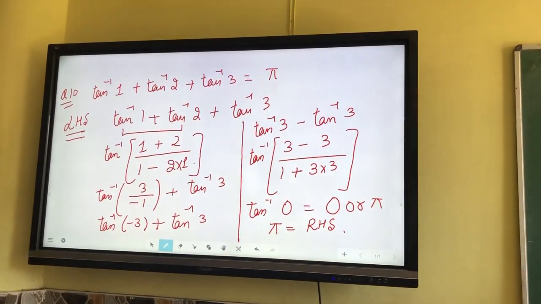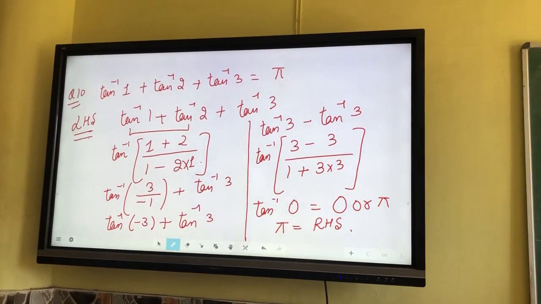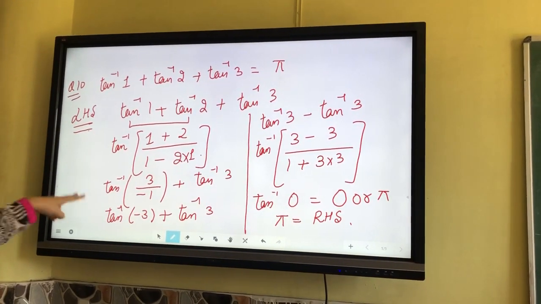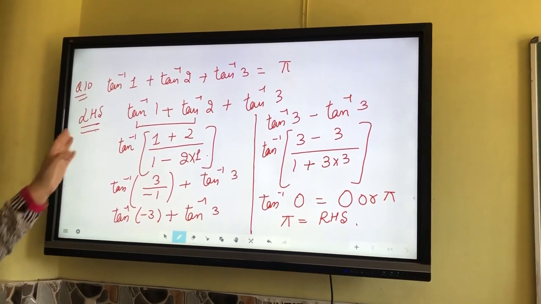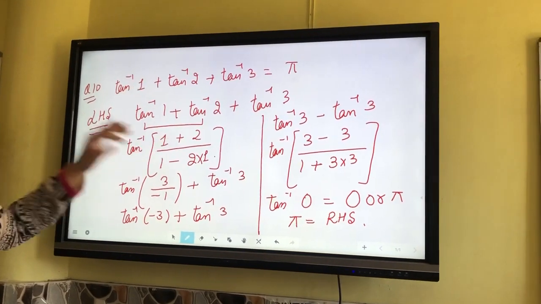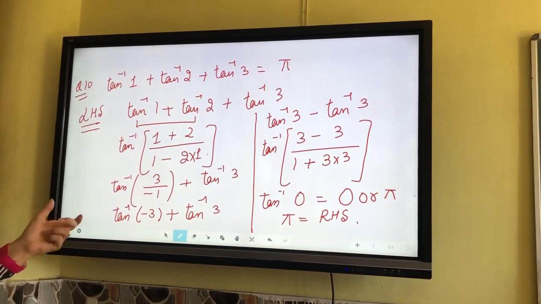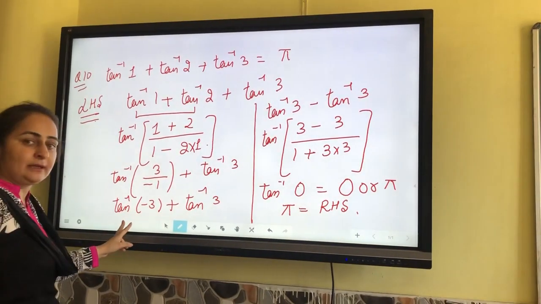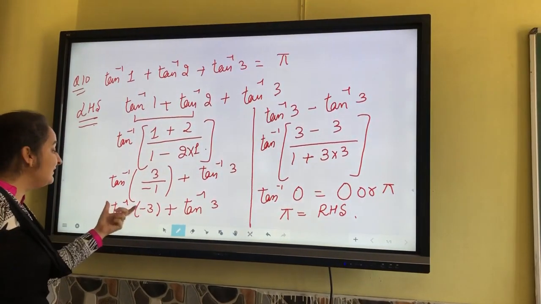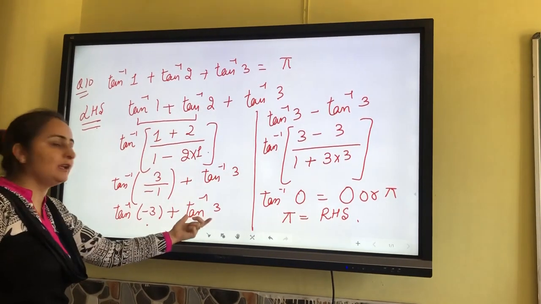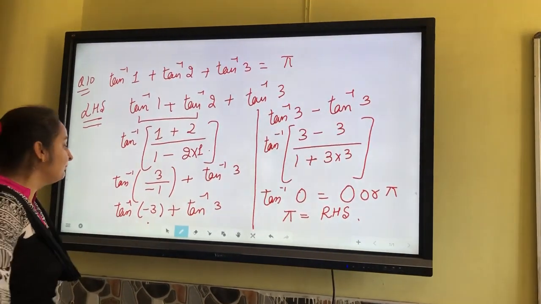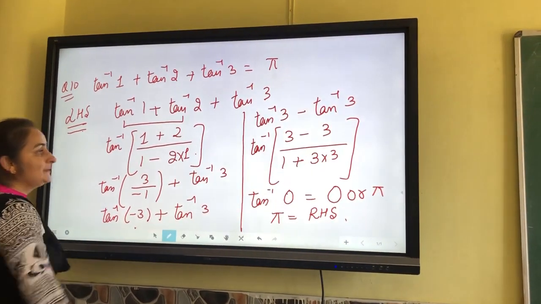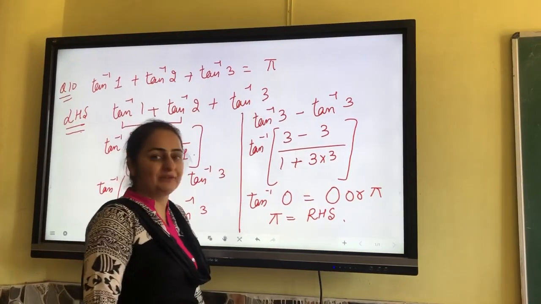This is the method how to solve the inverse trigonometries. If there are two, then we will apply the formula for two trigonometries, and if there are three trigonometries in the question, firstly we will solve any two, and the result of any two comes up in a single trigonometry, and again combine this trigonometry with the left over third one. Now, again apply the formula for two results, that is the same formula as the previous one.